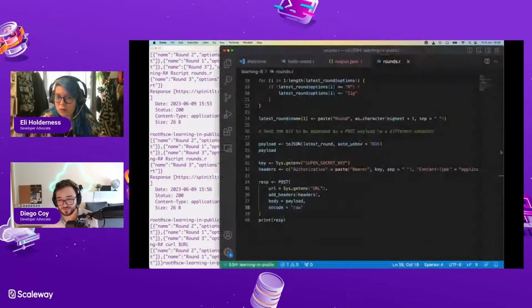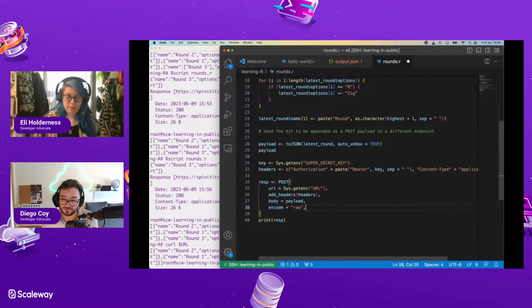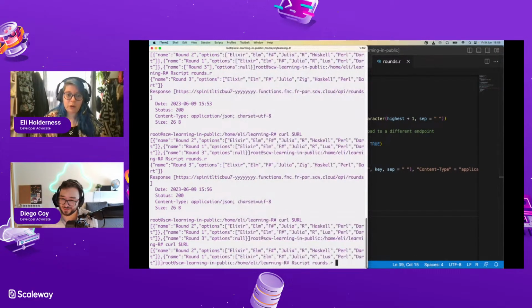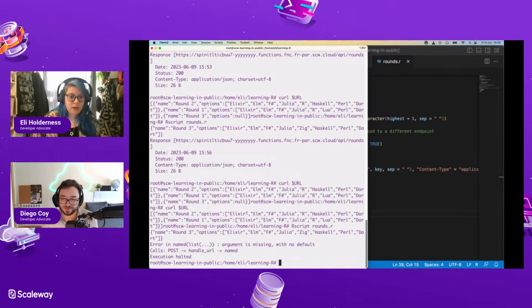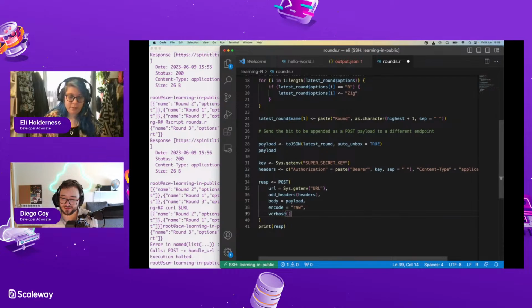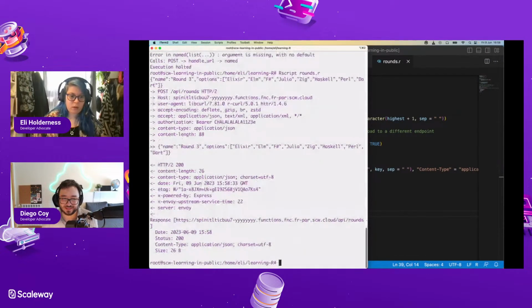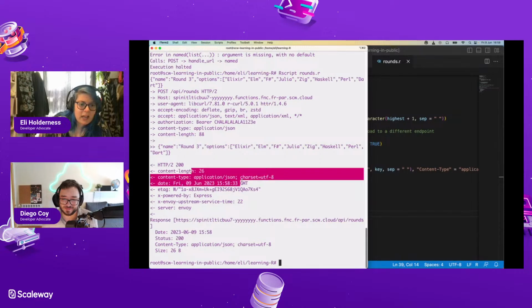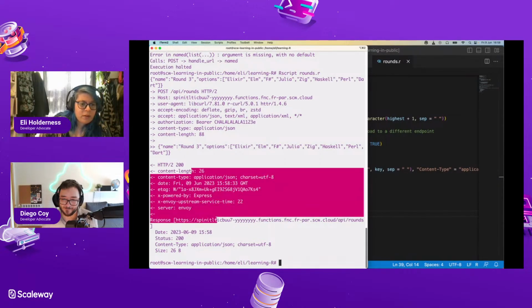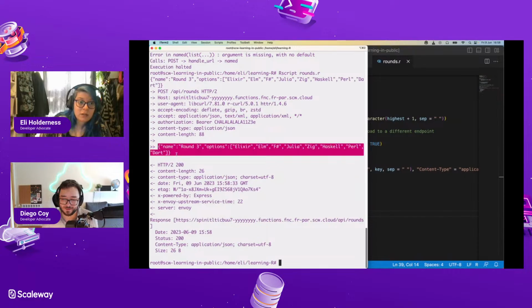What if we add verbose? I don't know why it would need that. Or maybe I should put a comma at the end here. Let me try again. With the verbose, it might give trailing comma? Yeah, no, it doesn't like the trailing comma. So it sent that. It sent this. So the HTTP request is going fine. I don't think the problem is there. It's probably the encoding that we're doing before the object that we're creating.